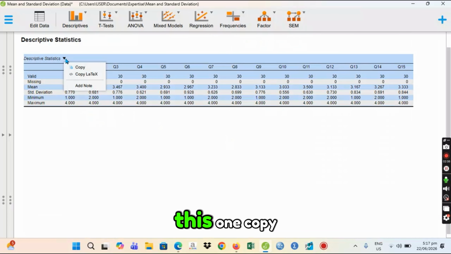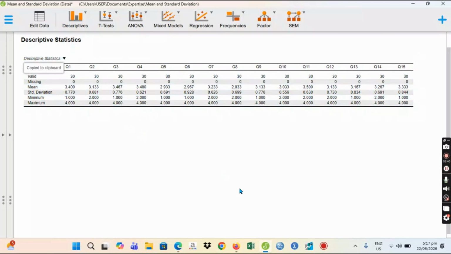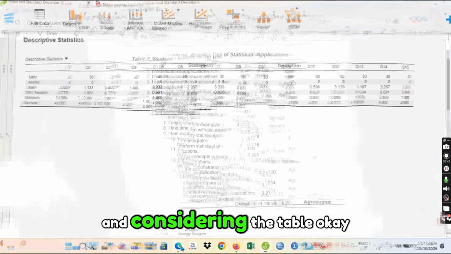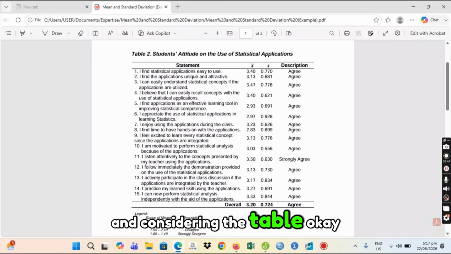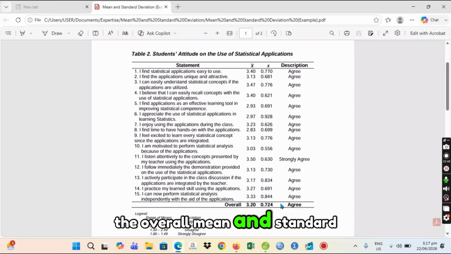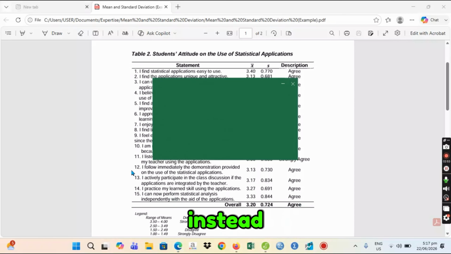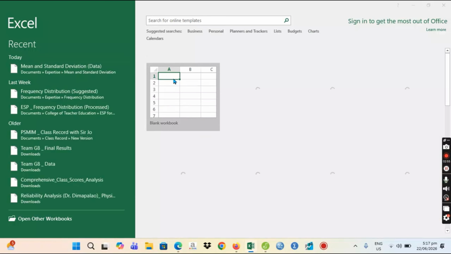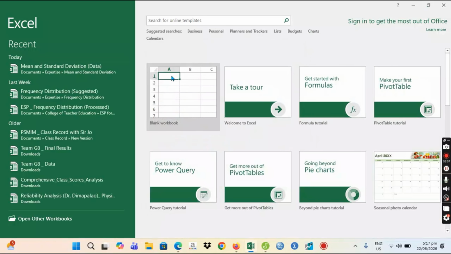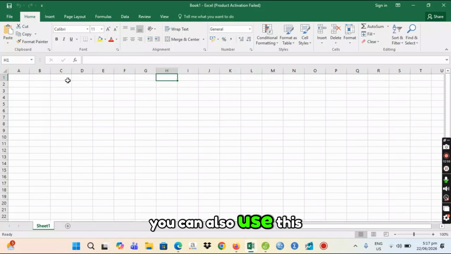Okay, so we can copy this one, copy. And considering the table, we need one more thing, the overall mean and standard deviation. So we can use Excel instead. Okay, you can also use this.